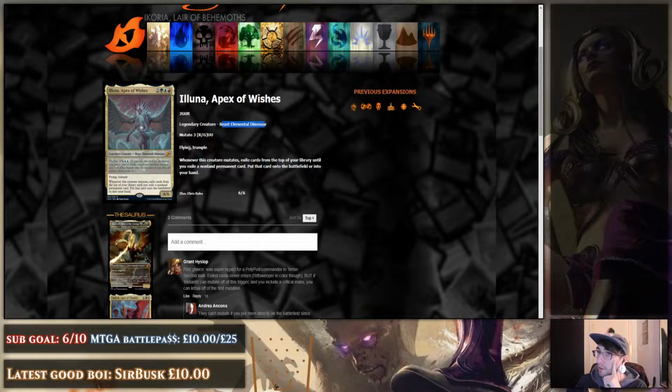For 5 mana overall, flying, trample, and whenever this creature mutates, exile cards from the top of your library until you exile a non-land permanent, and then put that card on the battlefield. So, this card's messed up, I think. I think this card's incredible, actually. Considering that the mutate cost is still only 5 mana,